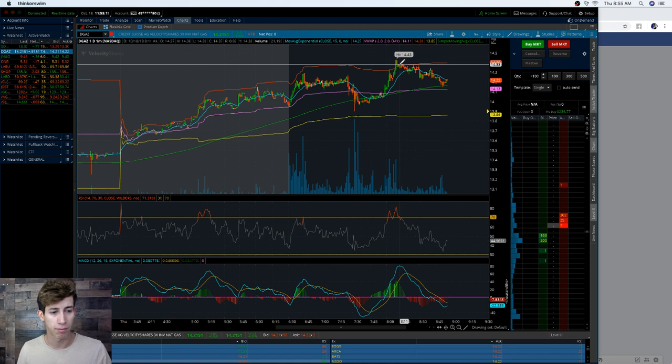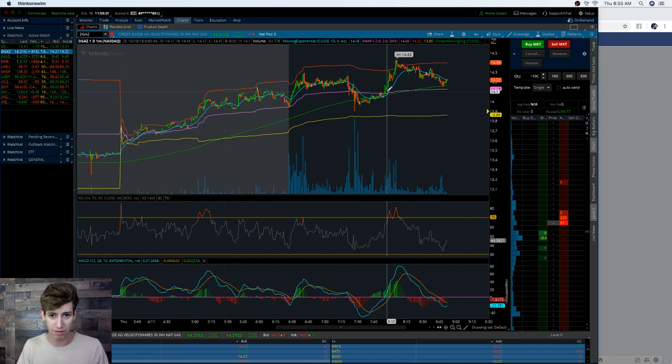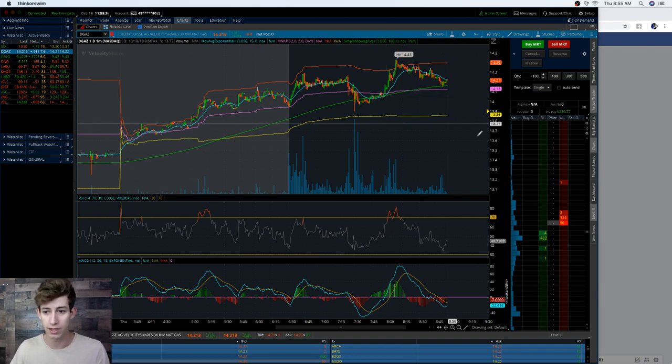What do I mean by my average up approach? So I took an initial position, and then when it broke above the middle VWAP, I added my secondary position. So I normally trade with about $15,000 to $30,000. Instead of going in with $30,000 strong in the very beginning, what I do is